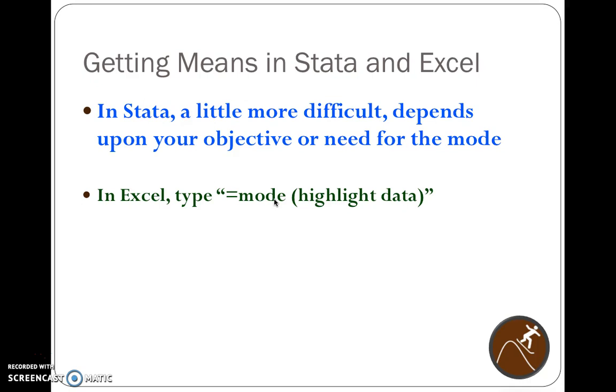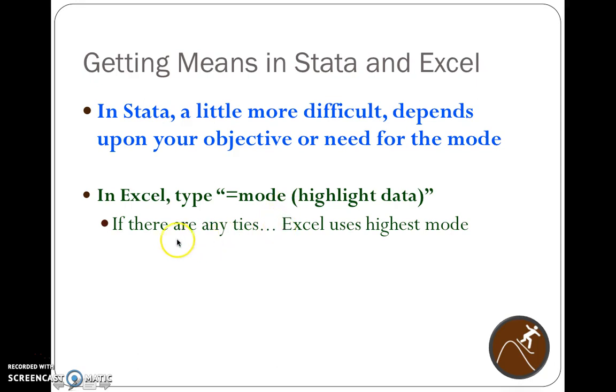If it's bimodal or multimodal, you don't know that by looking at that. And if there are any ties, Excel will use the highest mode. So if you've got 4 being the most frequently observed observation and it's bimodal, and then the number 8 is also the most frequently observed observation, and they're both observed an equal number of times, Excel will choose the highest value by using the command